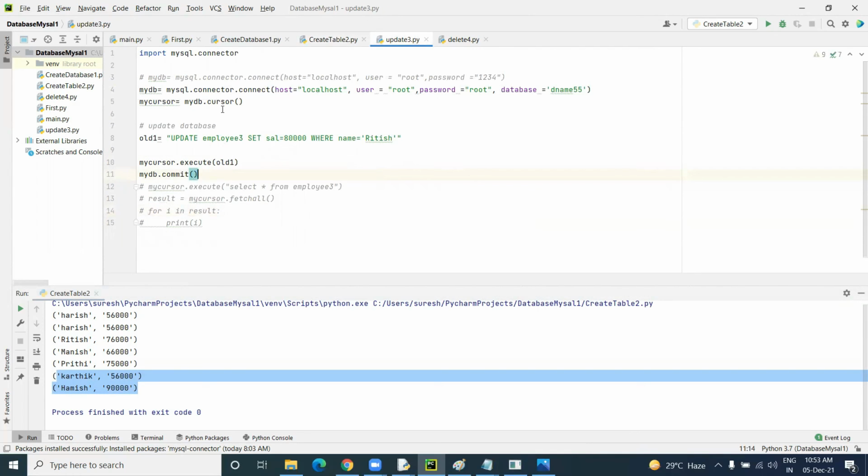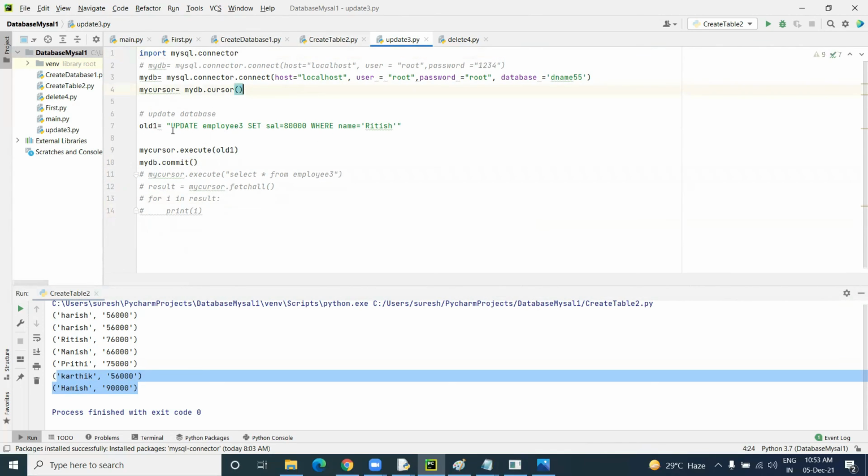So here this is the code. These three are common. Update is a keyword, so I am taking one variable. Here update is a keyword, and where I want to update, select the row. Set means we set the value. Whether you write select or update in capital or small doesn't matter, but most probably all MySQL queries are written in capital, so that's what you should use. Always MySQL queries are capital.